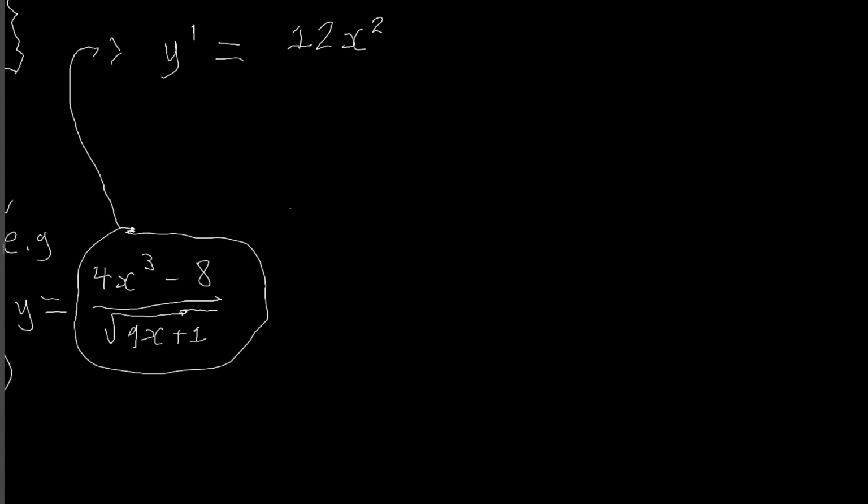And then this is going to be multiplied by our denominator, the square root of 9x plus 1. This will be subtracted by the derivative of the denominator multiplied by the numerator. In this case, the derivative of the square root of 9x plus 1 will be, well, we have to use the chain rule for this. So we're going to do the inner derivative first. The derivative of 9x plus 1 is just 9. Then we will do the outer derivative. This will be multiplied by 1/2 times